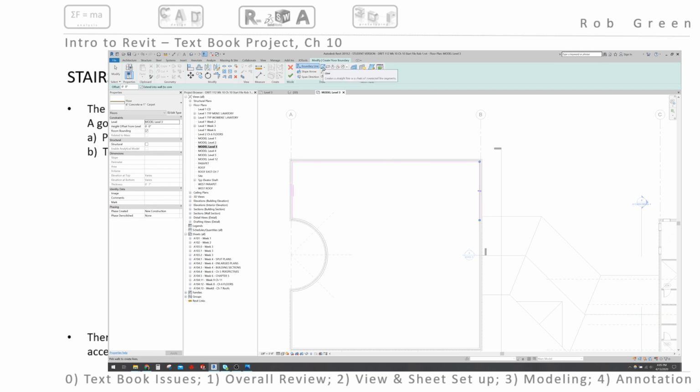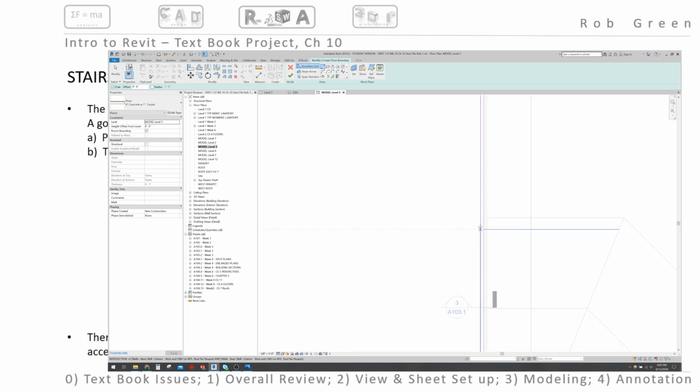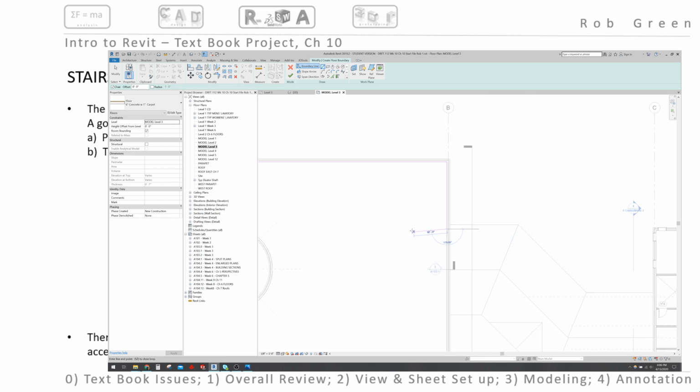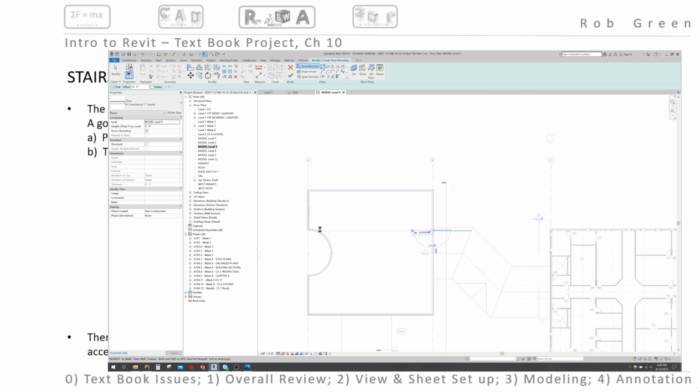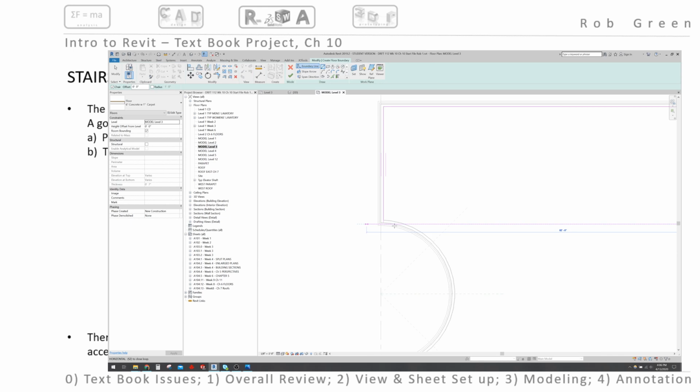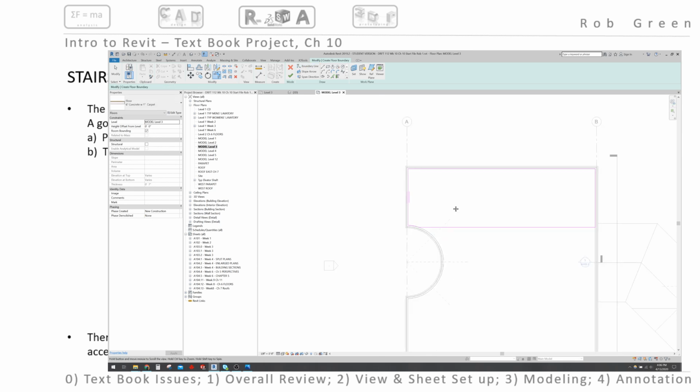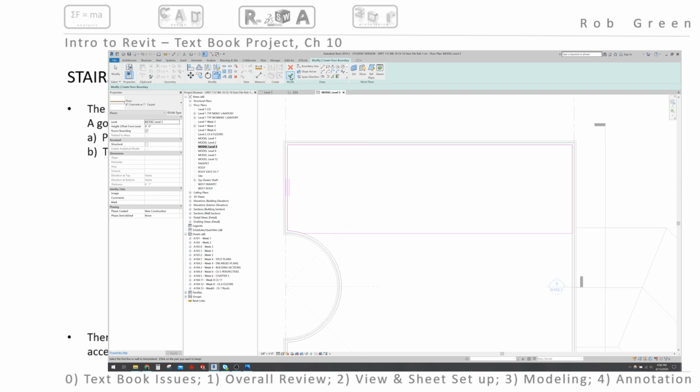And then I'm going to draw a line. And I'm going to draw my line, let's see, somewhere in here. I think that's the edge of the floor below. So I will finish my line here and then pick this last wall, see if I can make this work, and then trim to a corner the radius and the line, and I now have a nice enclosed sketch. I'll click the green check,